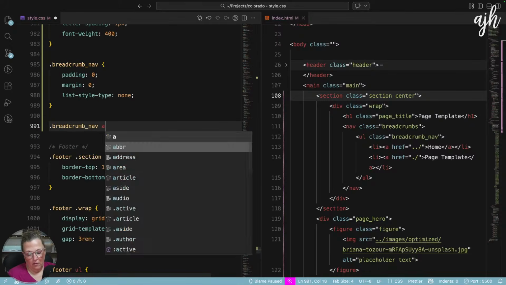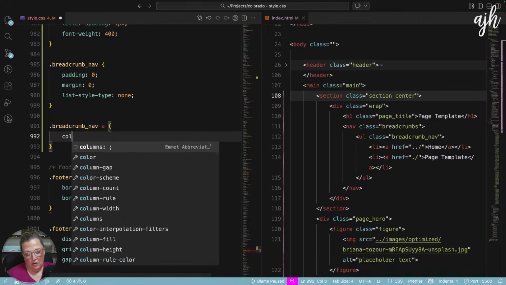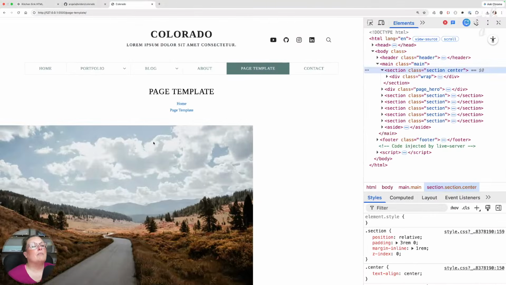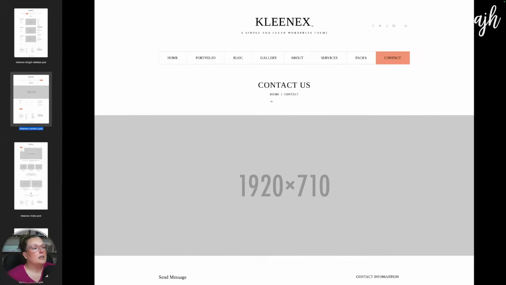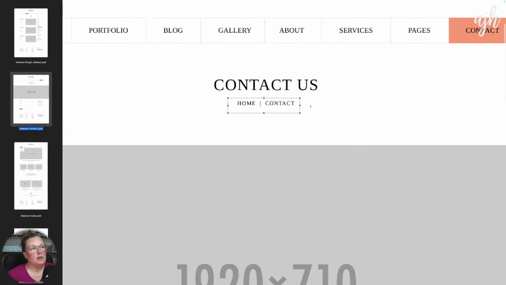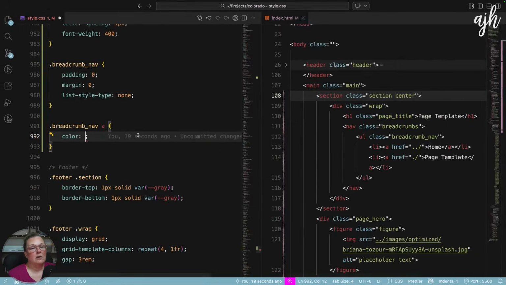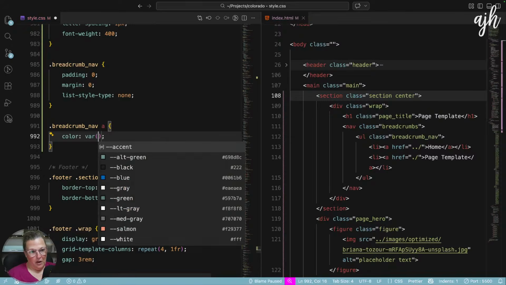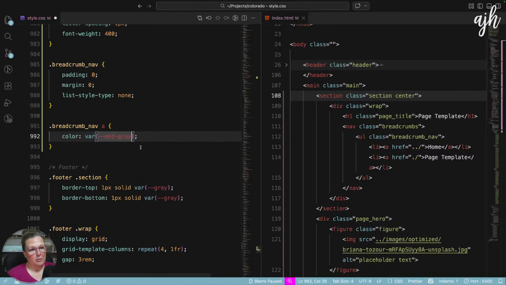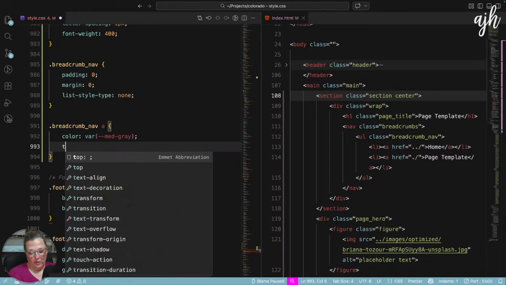Breadcrumb nav, the anchor elements. The color is gray. So we'll have a default color of gray, but I think the hover, active, focus should still be our blue with an underline. So our color will be, I'm going to go with our medium gray color. We'll say